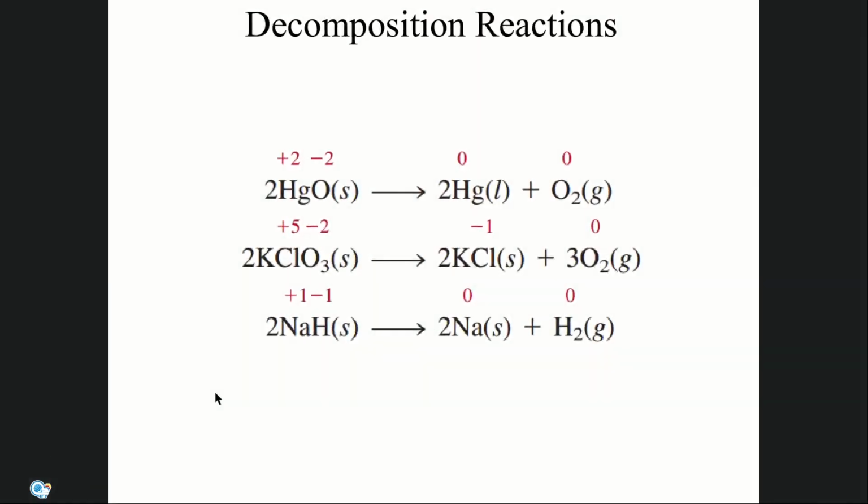The next type is decomposition reactions. These reactions are opposite to combination reactions. Specifically, a decomposition reaction is the breakdown of a compound into 2 or more components. For example,